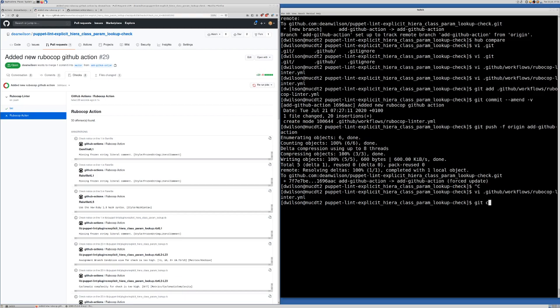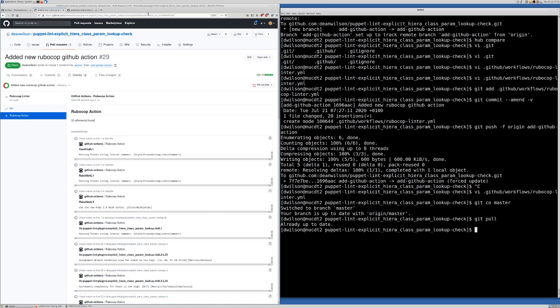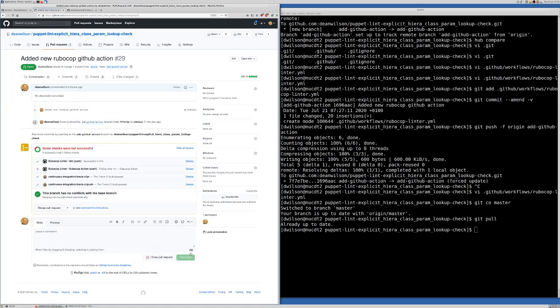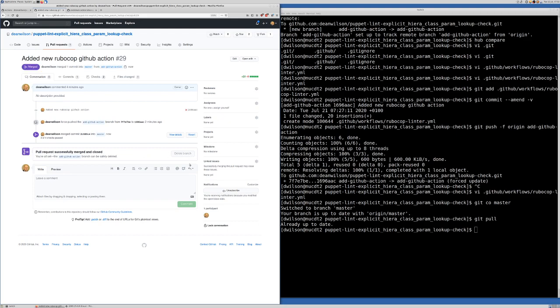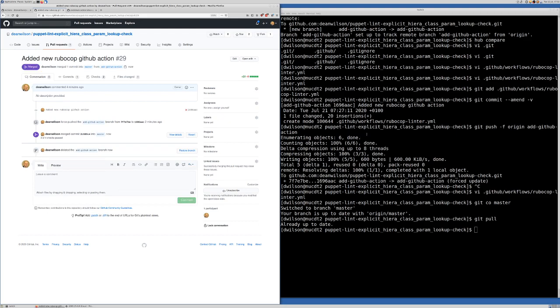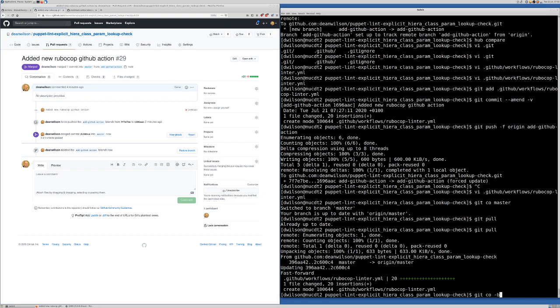So we'll go back, pull the changes down that we've pushed into master so we know our branch is okay. Sorry, let's first of all actually merge the change. So we've merged the pull request. So we've enabled the GitHub rubocop action, but at the moment the builds will fail. So if we pull the changes down, and then we'll check out a new branch, allow violations,